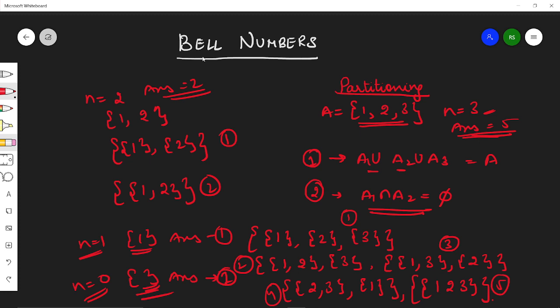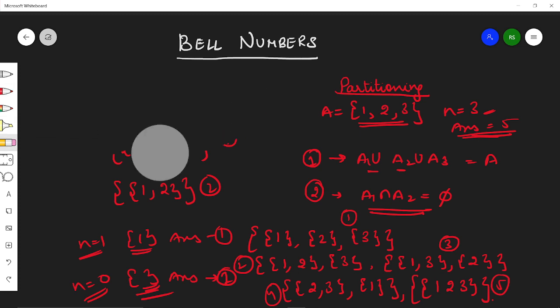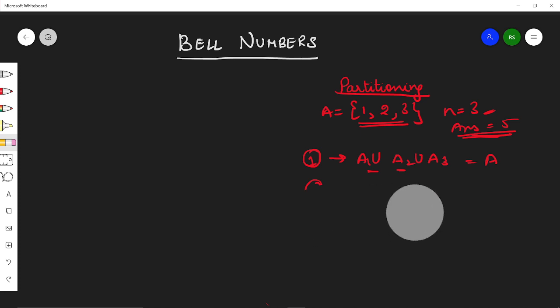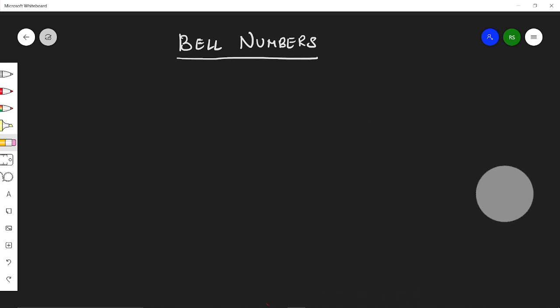If I want to tell for n equals 4, n equals 4 has 15 partitions. Is it possible to make those 15 partitions and then count? No. So we have a formula for this. Let us first see what we have seen till now.